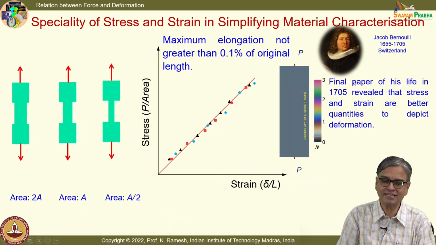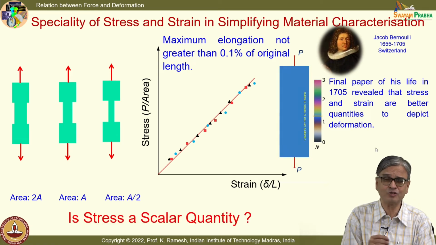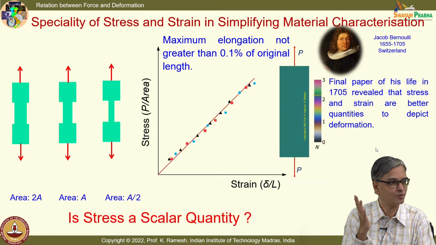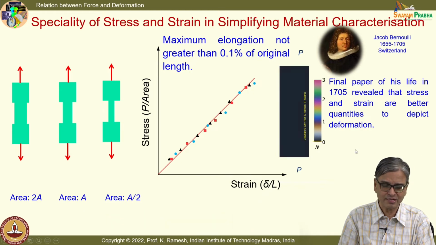So, you should understand that the final paper of his life, in 1705, revealed that stress and strain are better quantities to depict deformation. It is again need based, because when I want to characterize a material, I would like to have the least amount of effort in conducting a test. No matter what the cross section, you are able to do just one experiment and get the results out of it. And this was also summarized